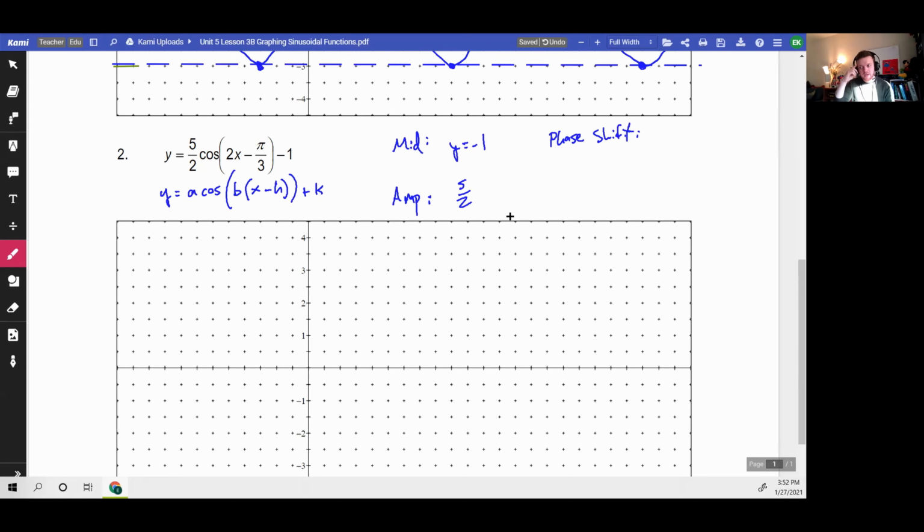If you think back to our transformation unit, our functions unit, we talk about transformations. We want the inside of the function, our parent function being cosine, to have these parentheses. That allows us to see the horizontal shift, or in the case of trig graphs, the phase shift. I'm still curious why it's called phase shift. Anyways, with that said,